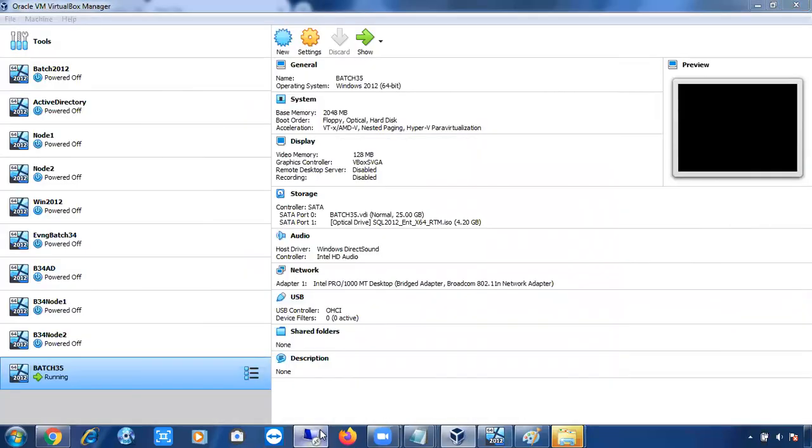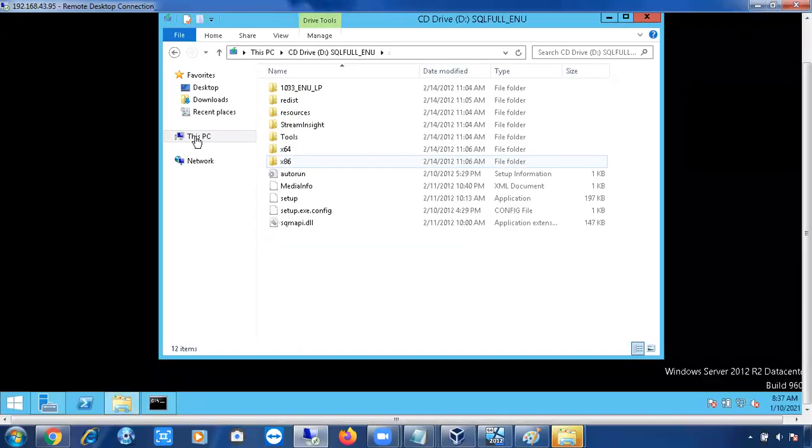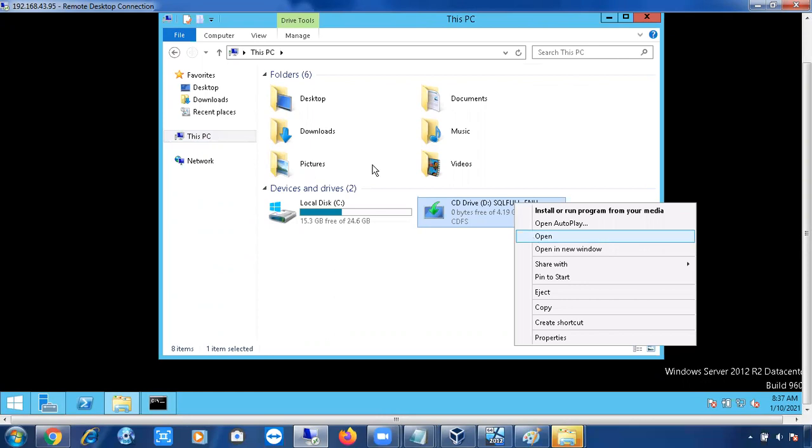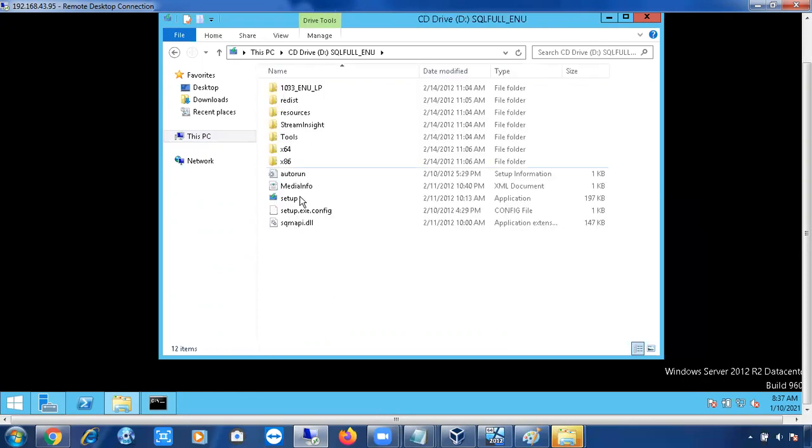Right, so now if you see the C drive and the D drive, if you see the D drive, it was changed to SQL software. Earlier the Windows operating system was in this drive, now it was changed to SQL software. Right, fine, now you can open it. Don't double click on it, just open it. Now you can see the setup file. Here you can see the setup file. Right, this is your application setup file.